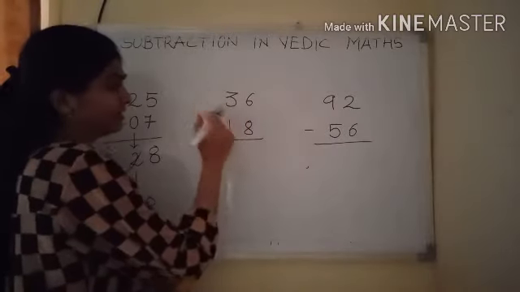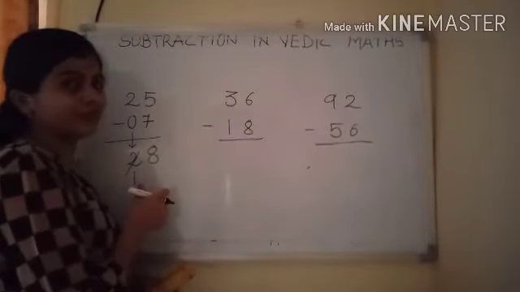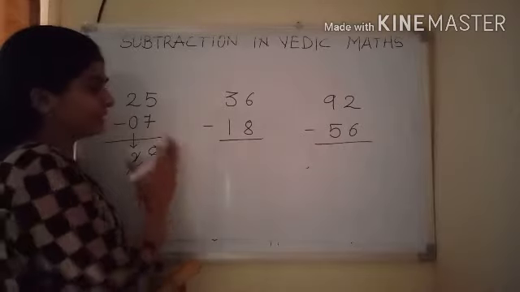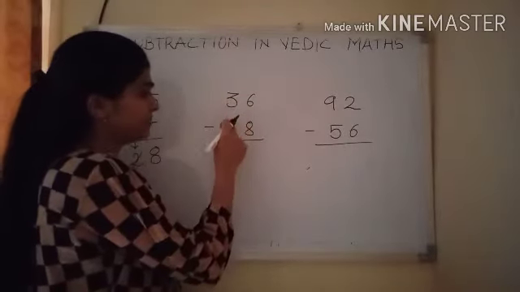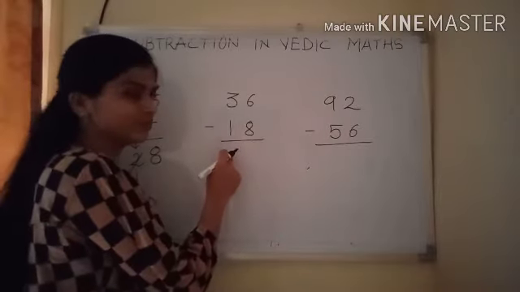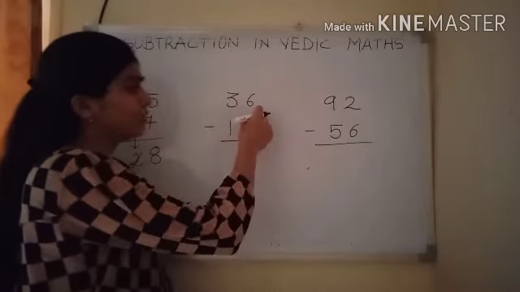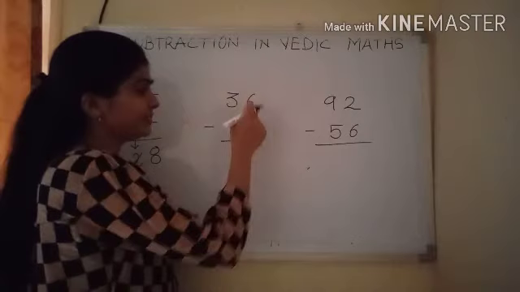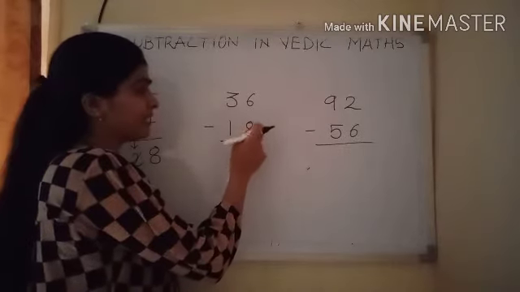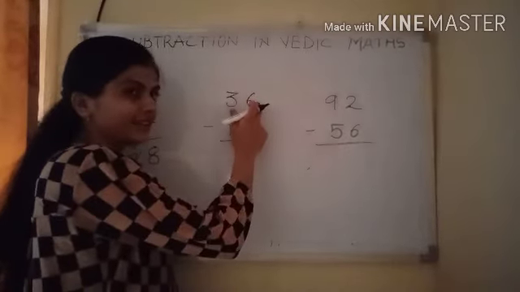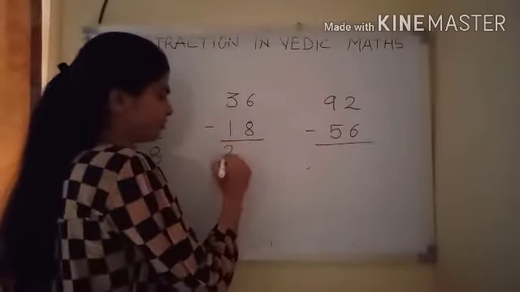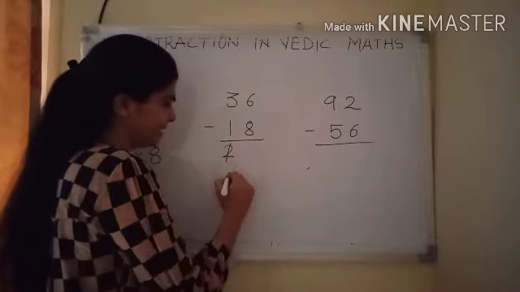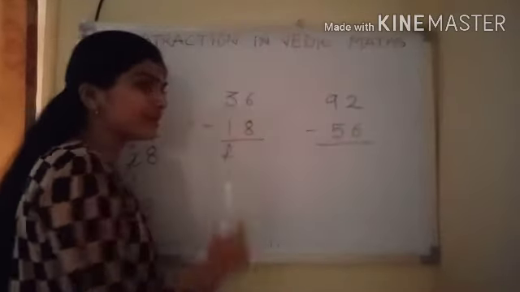Now, from this example, you may have understood that we should take care about the next pair. That is 3 minus 1, which is equals to 2. But now look at the next pair. It is 6 minus 8. As 8 is greater than this 6, we can say it is a mismatch combination, right? So 3 minus 1 is 2, but we won't write 2, we will write 1, because next pair is a